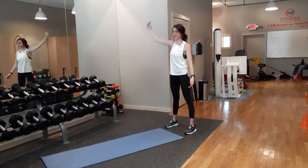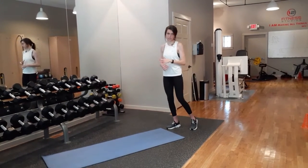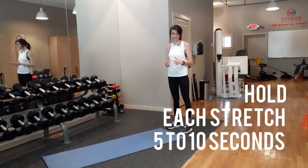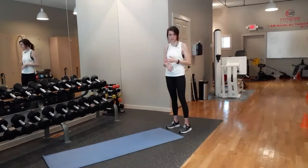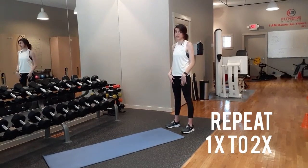and then come back. A good thing to remember is I'm kind of stretching pretty fast just to show you all the moves. You want to hold it for about 5 to 10 seconds, release, maybe go back to it 1 or 2 times. So next we're going to go into our downward dog, and the way we're going to